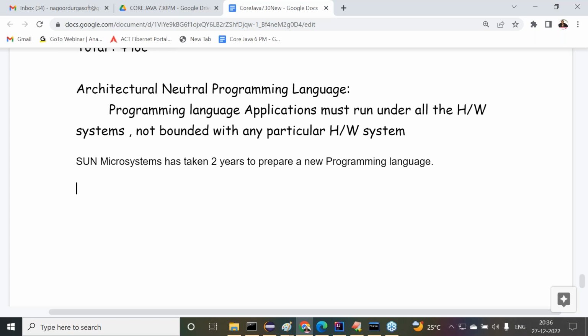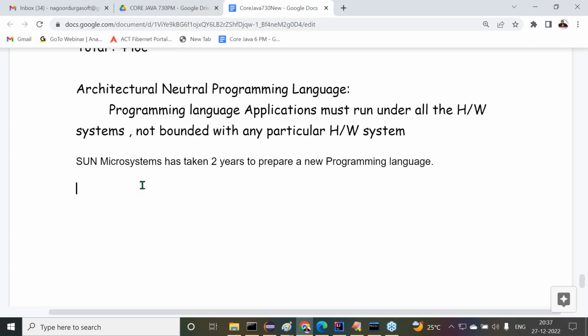Now Sun Microsystems wants to give a name to this new programming language. The language was prepared, but they want to give it a new name. Sun Microsystems is getting opinions from all the developers and Sun engineers.